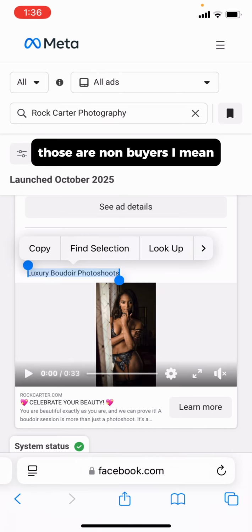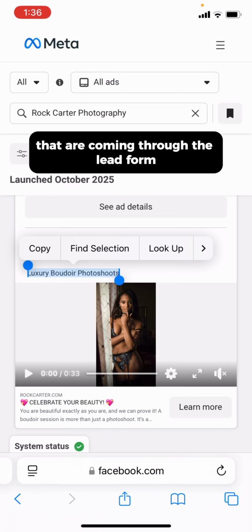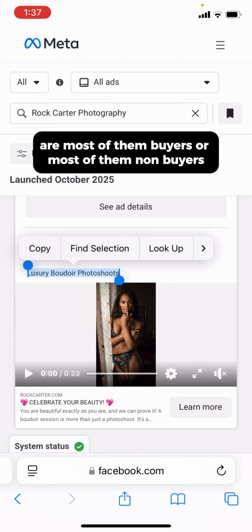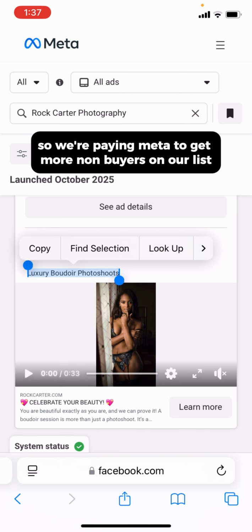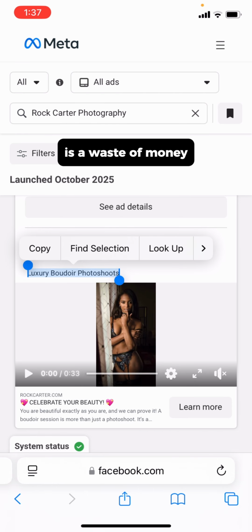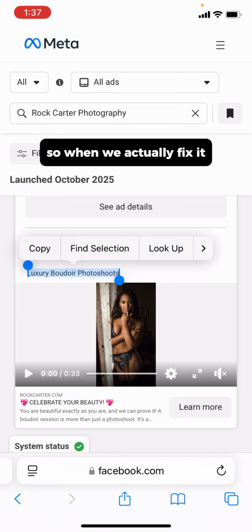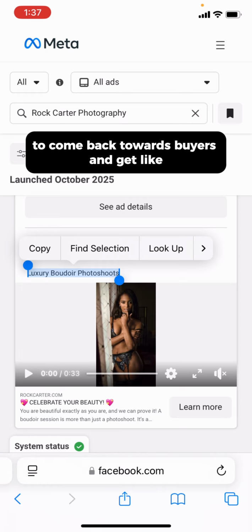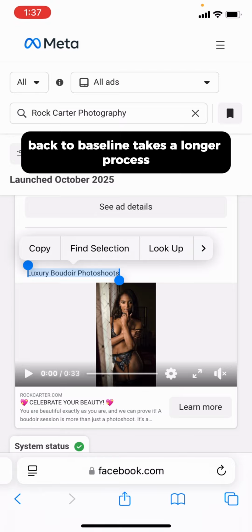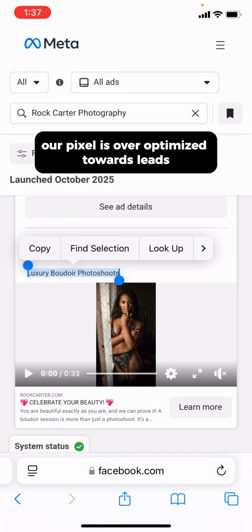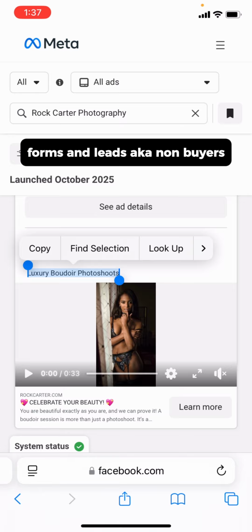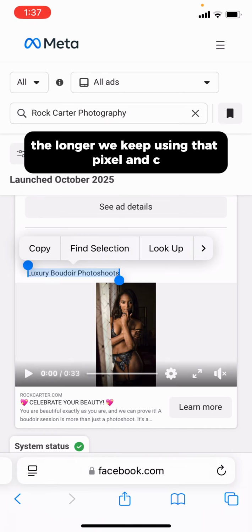those are non-buyers. I mean, think of the leads that are coming through the lead form. Are most of them buyers or most of them non-buyers? Most of them are non-buyers. So we're paying Meta to get more non-buyers on our list, which A, is a waste of money. B, screwing up our pixel. Our pixel is getting over-optimized towards non-buyers. So when we actually fix it to come back towards buyers and get back to baseline, it takes a longer process because our pixel is over-optimized towards lead forms and leads, aka non-buyers, the longer we keep using that pixel. And C,